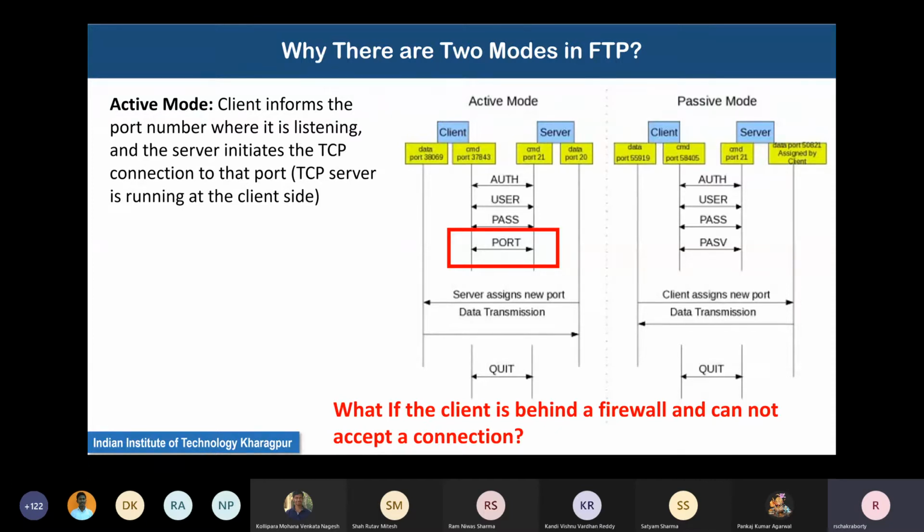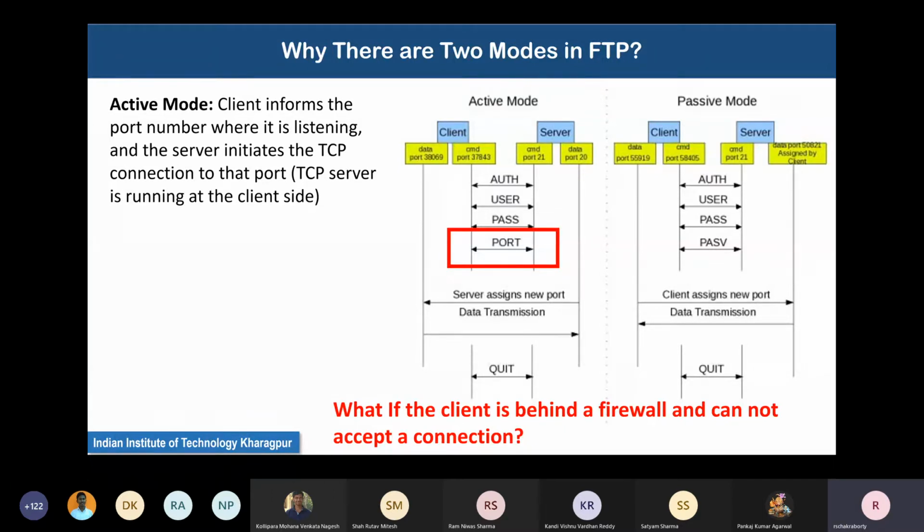So in this case, the server tells the client, you can connect at port number 821. Then the client initiates a TCP connection at that port from its data port, which is again randomly chosen to be 55919 by the client.